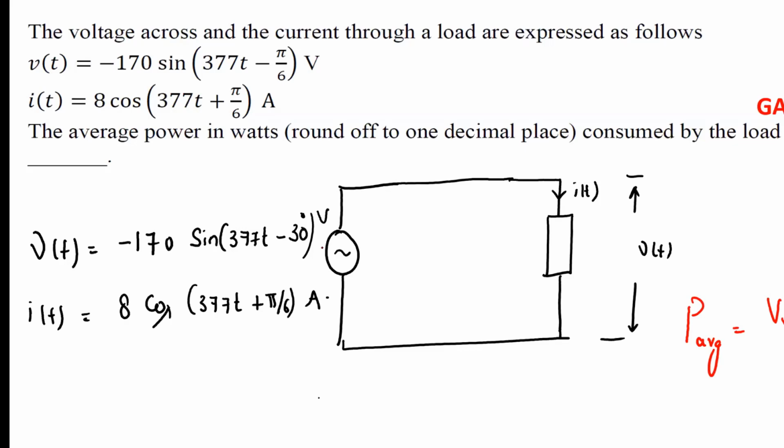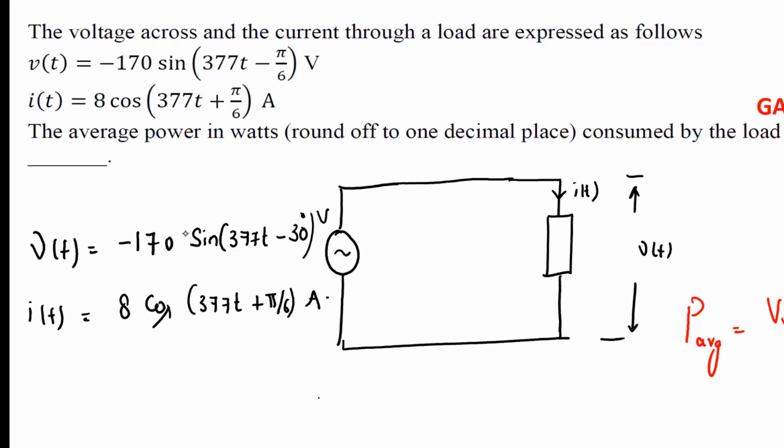Understand? Here, if you observe the polarity of the voltage signal, it is negative. The polarity of the current signal is positive. The first thing is you have to convert both of them either into positive or into negative. That is the first thing you have to ensure. The second thing you have to ensure is that both the signals should be in the same waveform. That means both of them can be sine or both of them can be cos.